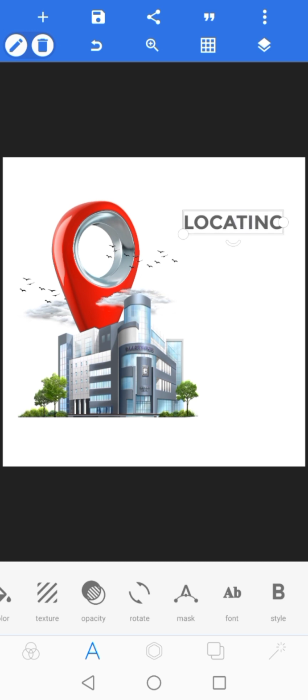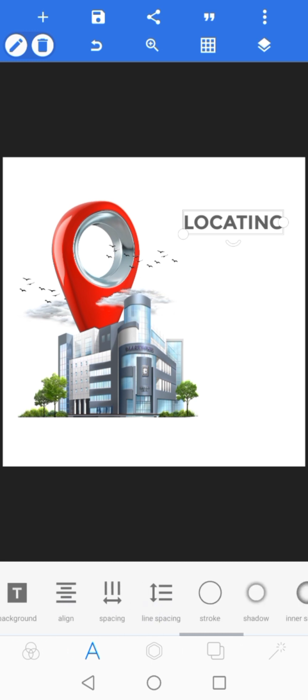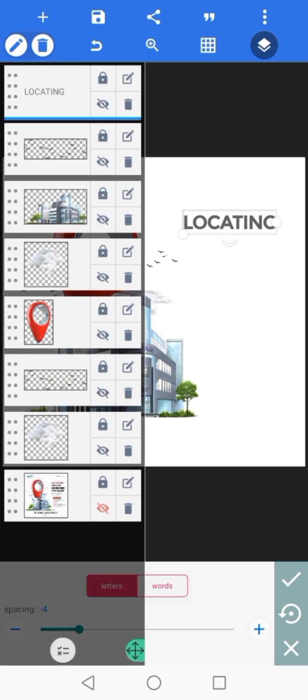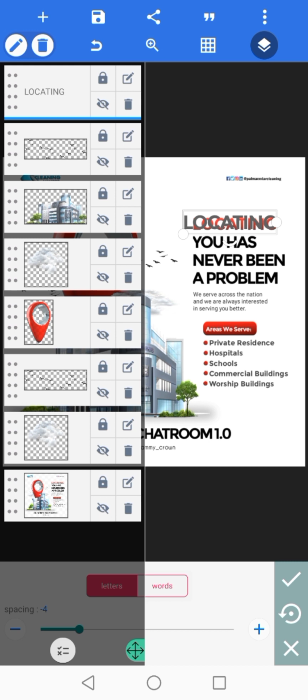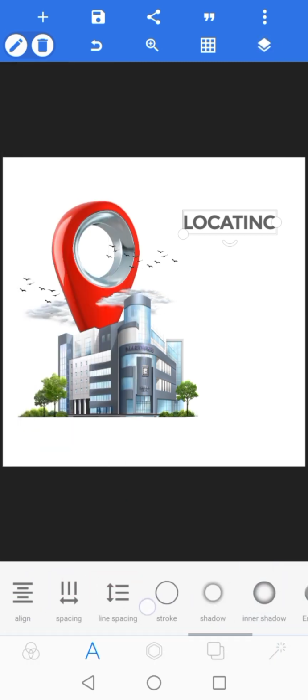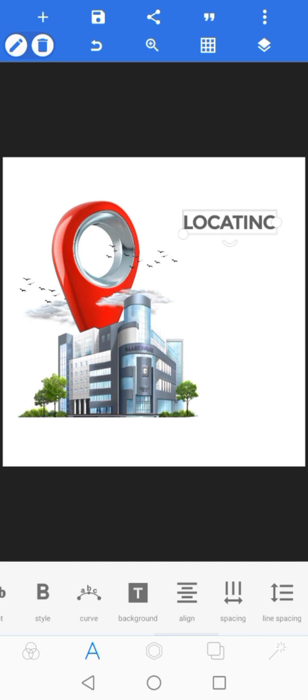I guess there is so much space in between what we are doing, so you can go to your spacing here, and then you can try to close it. We are using -4, so you have to take notes, so by the time you are adding the others, you'll be able to guide yourself through. So just like this, and then I think it's a bit bigger than the original, so all we have to do now is to go to our font size,